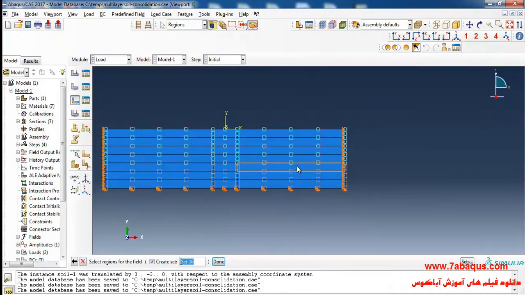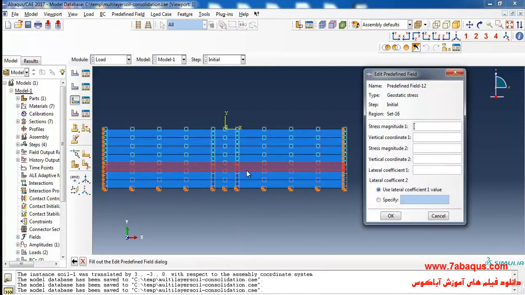I will select the layer 5, done. At the depth of 4 meters, the stress is equal to 4 multiplied by 9,190, and at a depth of 0.5 meters, the stress is equal to 5 multiplied by 9,190,